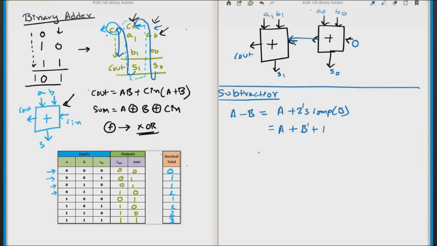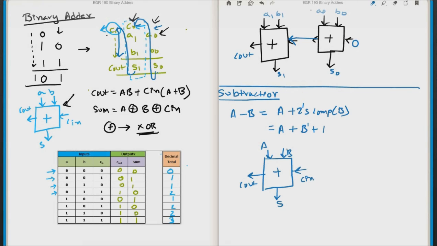So if we have a basic adder with A, B, my Cout, sum, and my carry in,